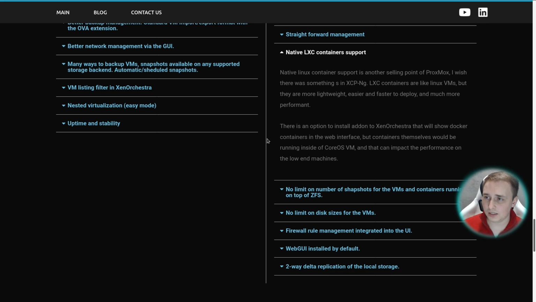Proxmox has a native LXC container support. I wish there was something like that in XCP-ng though. LXC containers are like Linux VMs, but they are more lightweight, easier and faster to deploy, and much more performant compared to the VMs. There is an option to install an add-on to Xen Orchestra that will show Docker containers